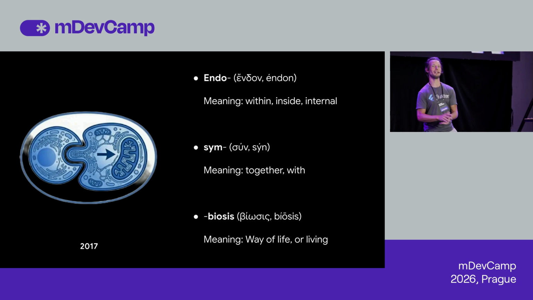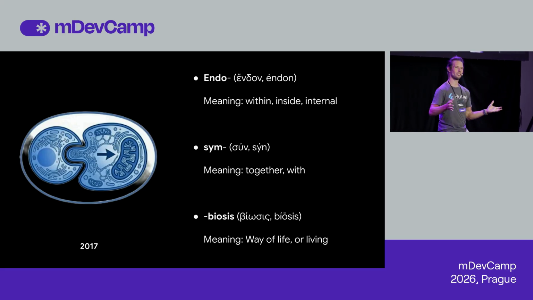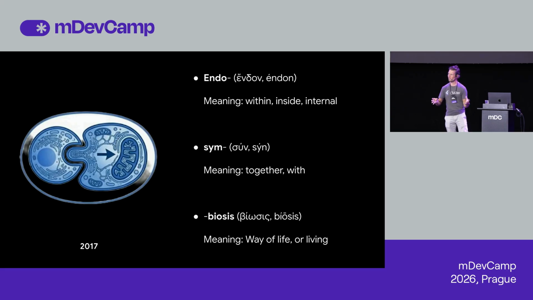So in 2017, Flutter came around. And in this endosymbiosis, the host cell would be Flutter, and the endosymbiont is Dart. So endosymbiont usually provides the energy, and Dart has a very fast virtual machine. It has a stateful hot reload. It has all the cool features that are very powerful for Flutter, but Dart couldn't live in the very hostile